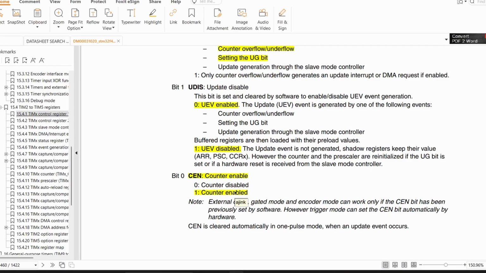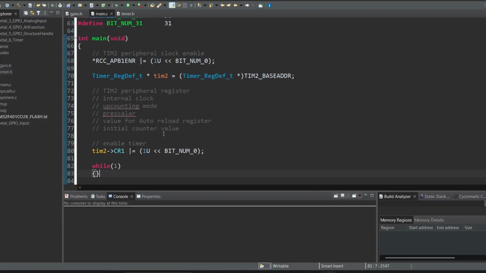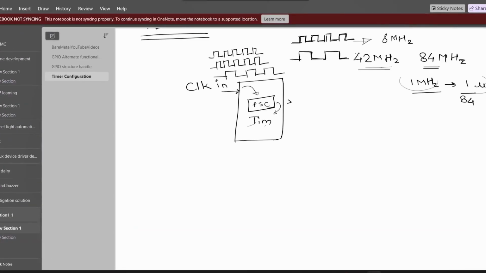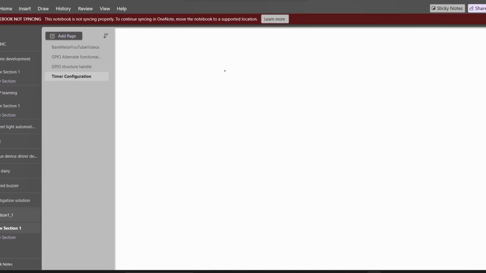हम लोगों ने टाइमर इनेबल कर दिया, टाइमर इनेबल बिट हम लोगों ने यहाँ पे सेट कर दिया। हम लोगों को इनिशियल काउंटर वैल्यू सेट करनी है। जहाँ से हम लोगों ने टाइमर स्टार्ट किया, एक वैल्यू से वो स्टार्ट होगा, फिर उसके बाद वो ऑटो रिलोड रजिस्टर से फिर से वैल्यू लोड करेगा। तो उसको एक सिंपल अगर मुझे दिखाना हो तो what will happen is कि मेरा एक काउंट वैल्यू है, काउंट रजिस्टर है,